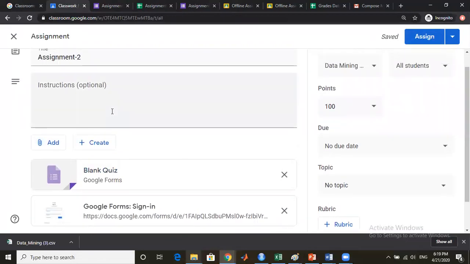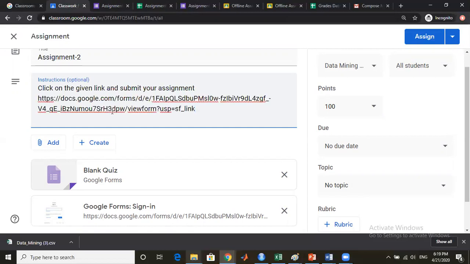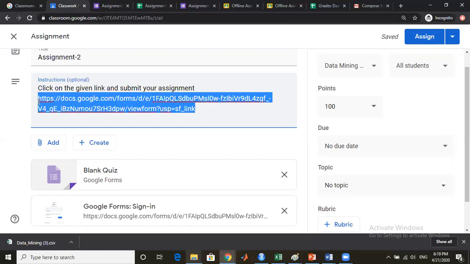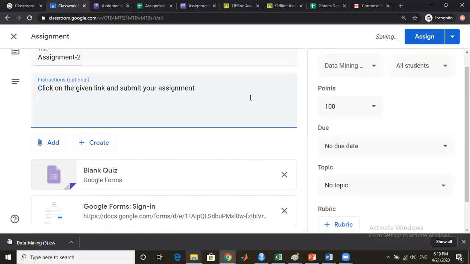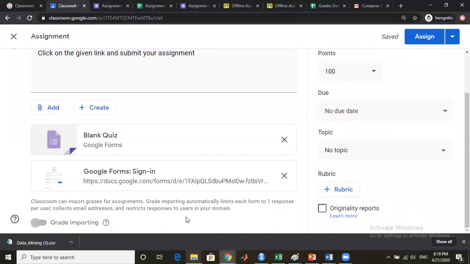Or I can also paste the link here and give instruction to the students that click on the given link and submit your assignment. I can paste the link here, or I can simply give them instruction that click on the given link and submit your assignment. Now here I have to set the scoring, grade importing,